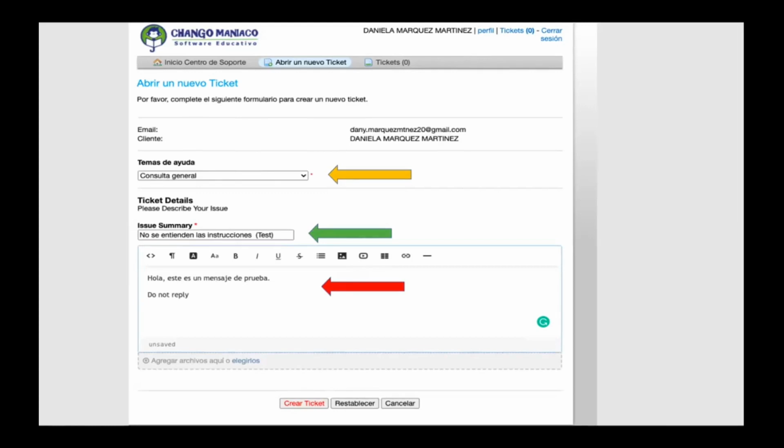Instead of saying, I cannot do these activities in level 1. There are 24 lessons in level 1. There are so many activities, so it will be very hard to find exactly the activity. So please be as specific as you can.